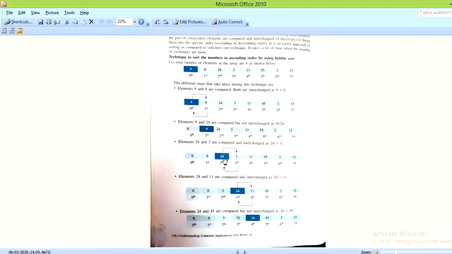Earlier I said that whichever is the largest element will shift to the next position, so they interchange or swap with each other. 3 will come ahead and 24 will shift to the next place. Now next we compare 24 with 11. 11 will come ahead and 24 will go to the next position.